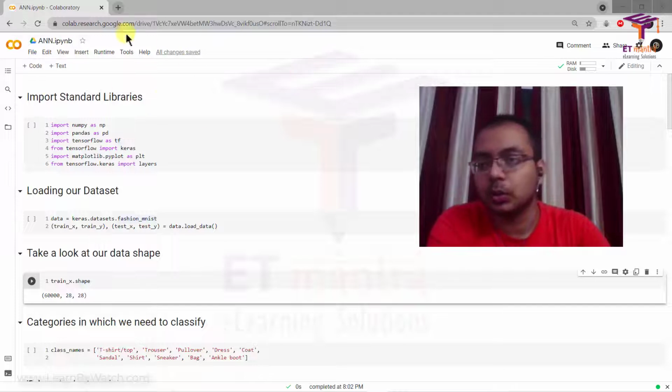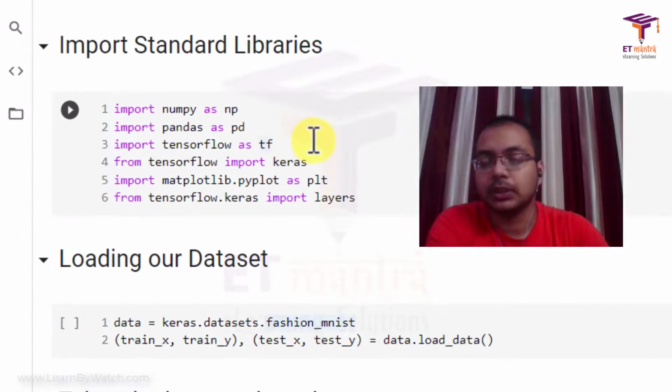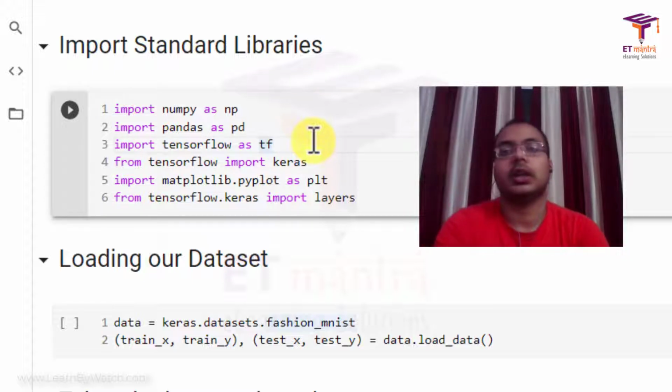So I've created a new Colab notebook, and we first start by importing some standard libraries. I have used TensorFlow and Keras for implementing the neural network architecture. It's your choice. For your first project, you can just start building your own neural network from scratch. But as you go further, you need to learn and use these standard libraries, since that will make your work faster.